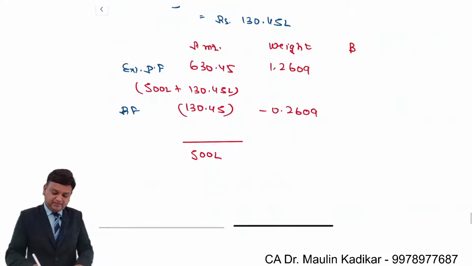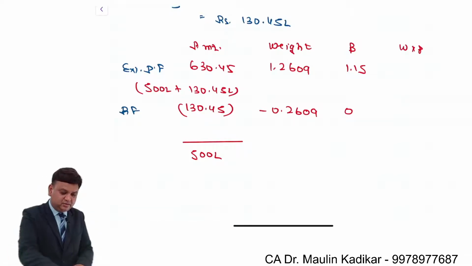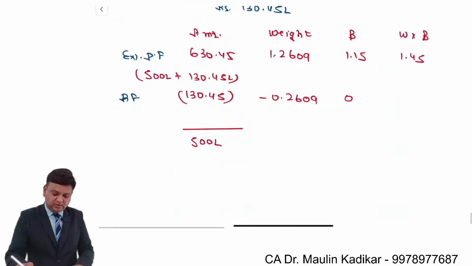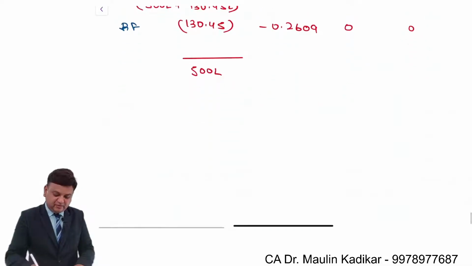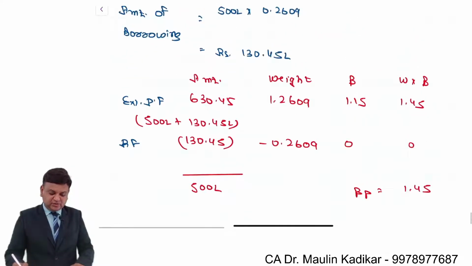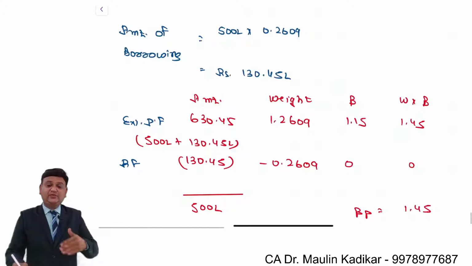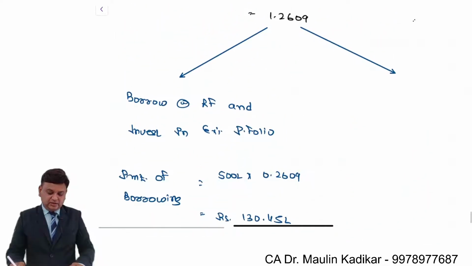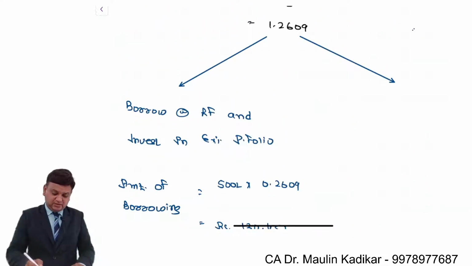Multiplying with the beta, this is 1.15 and this is 0. Weight into beta, so it comes to 1.45. And with that, the overall beta of the portfolio will be 1.45 as you desire. This is what you are supposed to do. This is the first alternative that Mr. A has. So you can borrow and you can invest, or otherwise